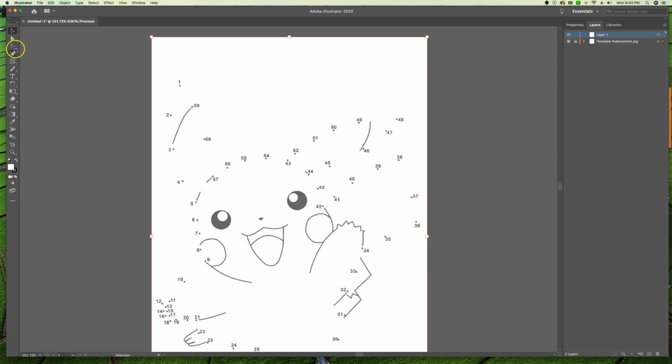So you are going to be using the pen tool. Switch back to the pen tool, and to get from point 1 to 2, what I don't want you guys to do is this. This is a bunch of straight lines, and Pokemon does not deserve this. Pokemon deserves nice curved lines. Okay? What I want you to do, undo, undo, undo, forever and ever,